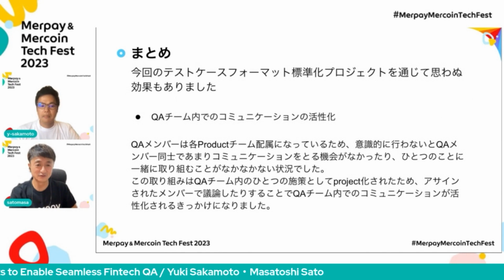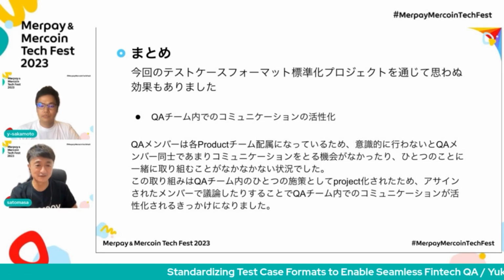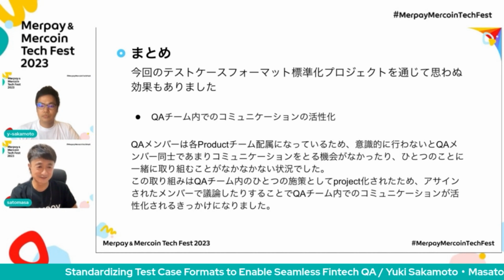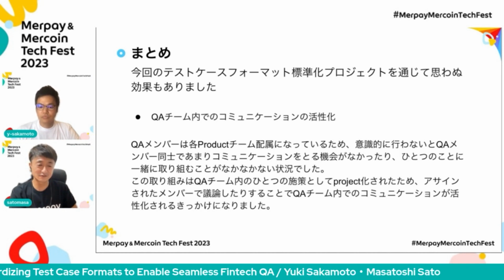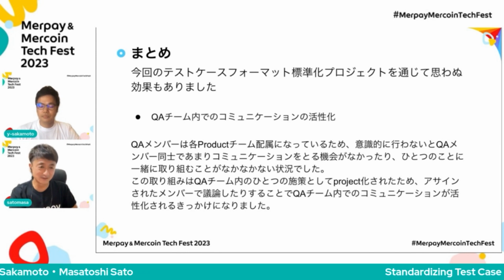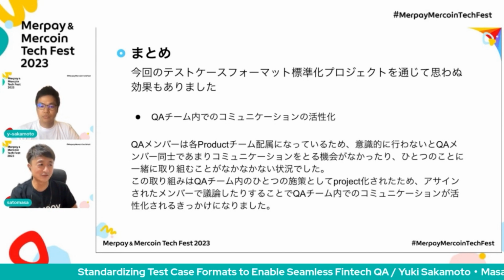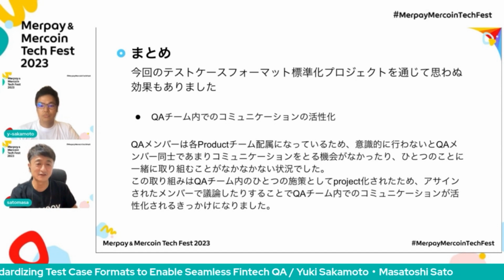Next. Well, through this project, we had some unexpected benefits. To be specific, the communication within the QA team had improved. Based on this current LP QA team structure, because they're assigned to each product team, we didn't have that much opportunity to have communication within the QA members. And also, the QA members don't work on one thing together. So through this project,